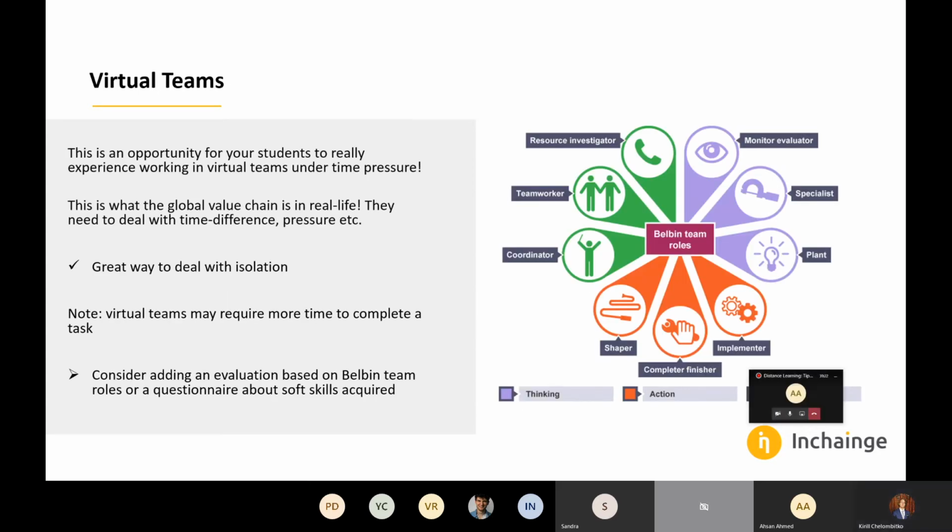Then let's move on to virtual teams. So virtual teams is really reflective of the real-life business world, because especially in supply chain management, it's a lot of people working from different continents, in different countries, but they still have to work together in a team. So all of their communication is virtual,